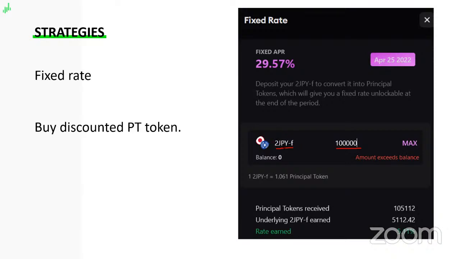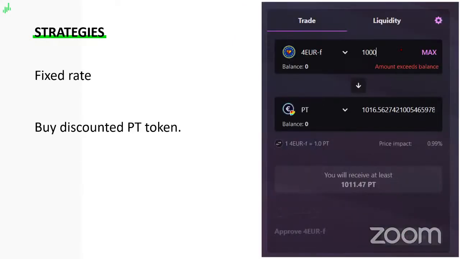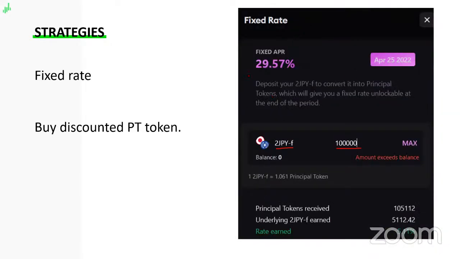So what I will do, if I had the 2GPY token, I will deposit them into the Curve pool. Then I will go to APWine. I will go to fixed rate or directly to their exchange. It's the same. So either you go to their exchange or you go directly to their fixed rate window. Again, I will show you after on the website. Then you will sell your 2GPYF token, so the underlying, at which price? So here, APWine shows you the price. So right now, there is a 6% discount.